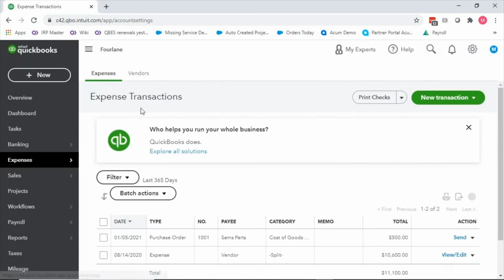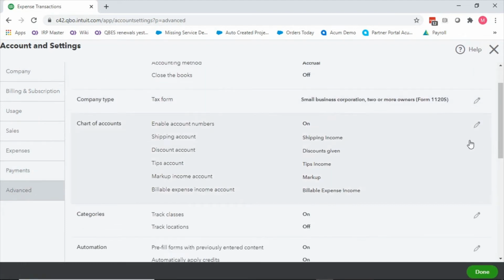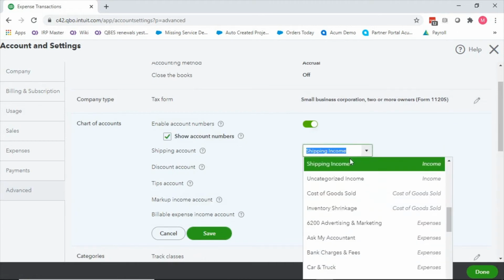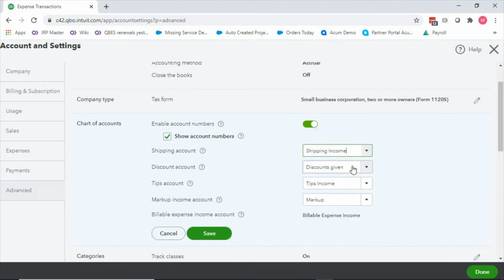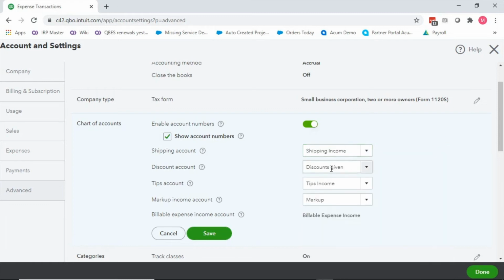All right, going back into settings here, then we have a couple of extra things. So we have the shipping account. On sales transactions, when we choose shipping, where is that going to go? Most people put it as income. Some people will put it as a wash in cost of goods sold, because they see the income coming in and then they should have the expense going out to pay for the actual shipping. So that's something that you just have to decide if it's material enough to have it as two accounts, one for income and one for expense.